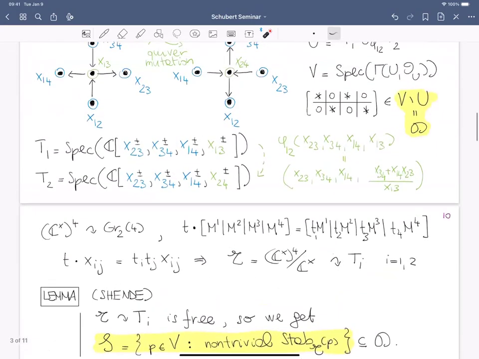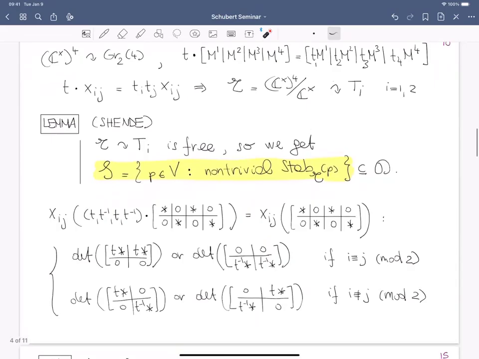And just to convince you that this gives you yet another way to think about these points, if I take one of the previous points that I was describing in the deep locus, you can easily verify that these points have some non-trivial stabilizer by looking at the action of this particular point of the torus on one of these matrices. So it turns out that these matrices have the same Plücker coordinates as the original matrix. And the reason is that when you scale by this factor one of the matrices, if i is equal to j modulo 2, then